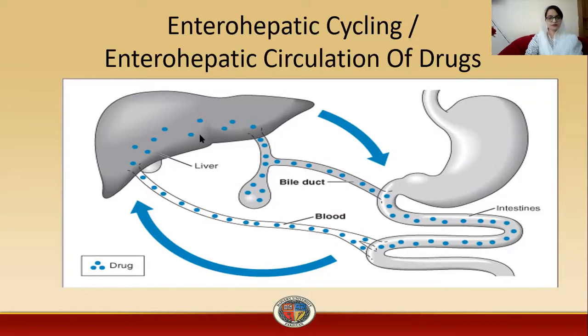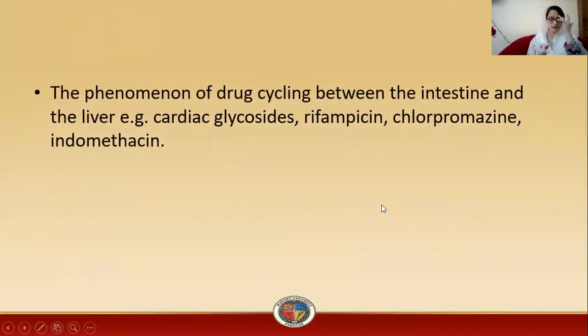So this is the liver, this is the bile duct, and from this duct, the bile comes into the intestine, and from this intestine, it is again absorbed through blood, through the portal vein, back into the liver, and then this cycle will continue. So we will study the phenomenon of drug cycling between the intestine and the